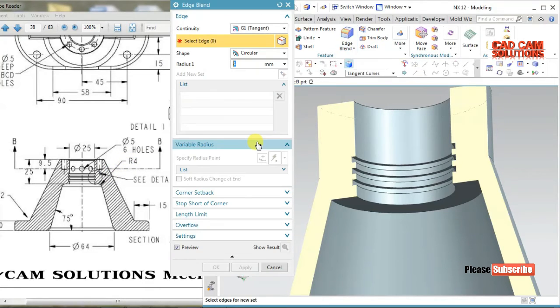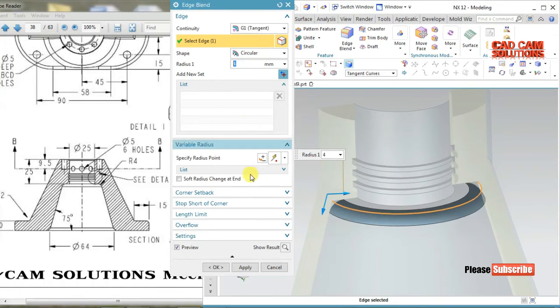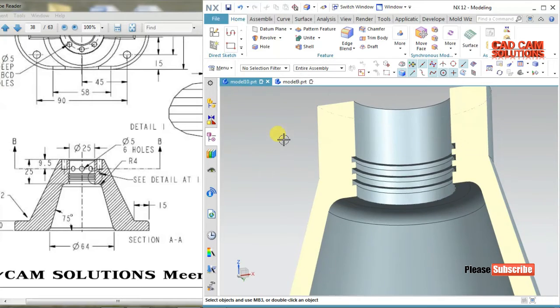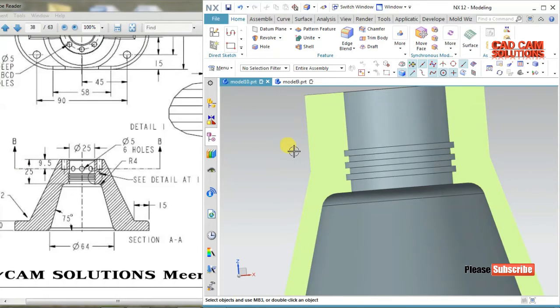Just select the edge fillet and click over the edge, and the dimension is 4, and click OK. It is quite similar to our profile. Now